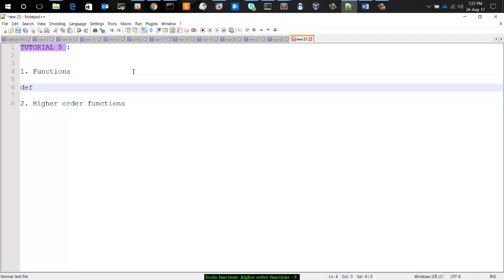Def. This is how we define a function in Scala. Function name, then parameters,